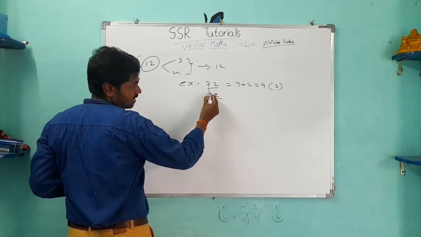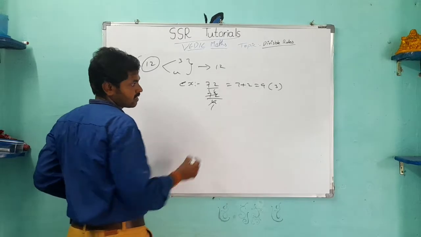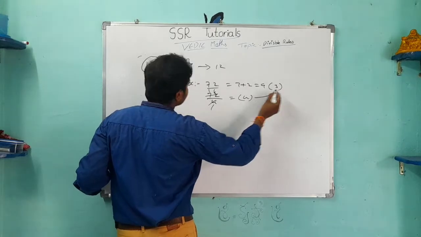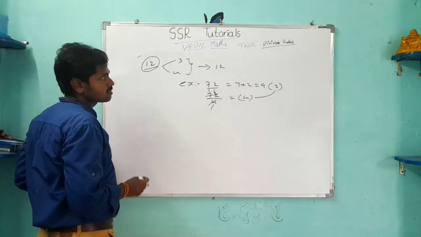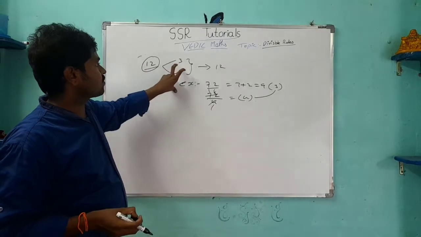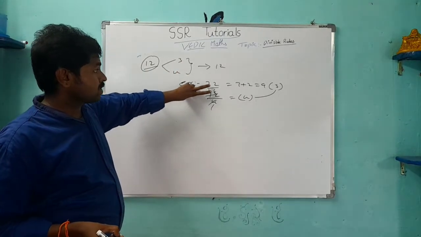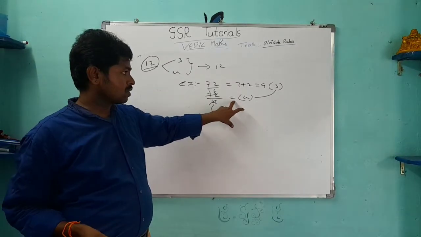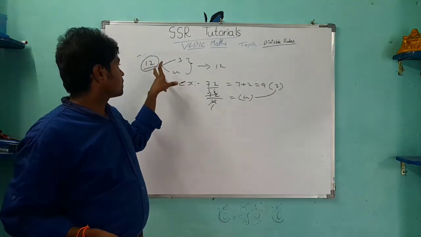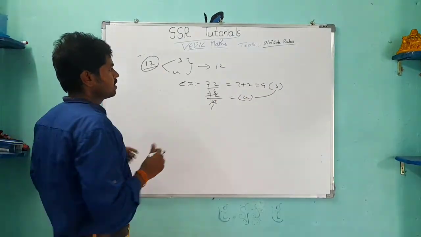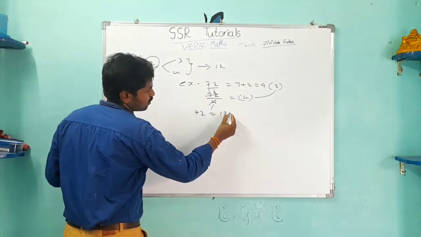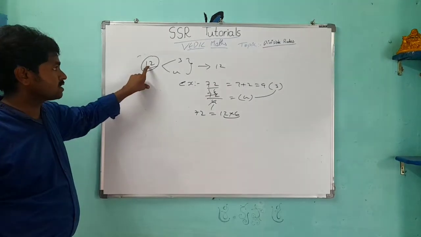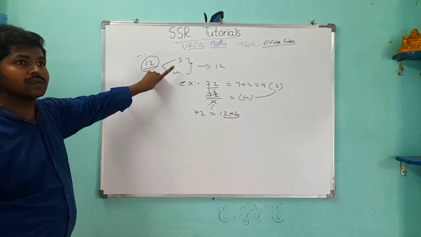So it is also divisible by 4. Both 4 and 3 divide it, so it is also divisible by 12. Simply, 12 is the product of the factors 3 and 4. Therefore 72, where 7 plus 2 is equal to 9, is divisible by 3, and 72 is divisible by 4. The number divisible by both 3 and 4 is divisible by 12. That means 72 is 12 times 6. So how easy. Any number divisible by both is divisible by 12.